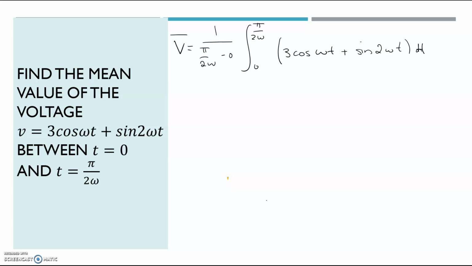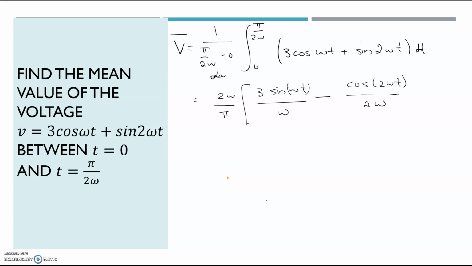And I am going to invert this fraction here, so it's now going to be 2 omega over pi, and I'm going to integrate each bit. So the first one would be 3 sine omega t over omega minus cos 2 omega t over 2 omega. That's got to be between the limits as given. What a mess. Okay, 2 omega over pi,